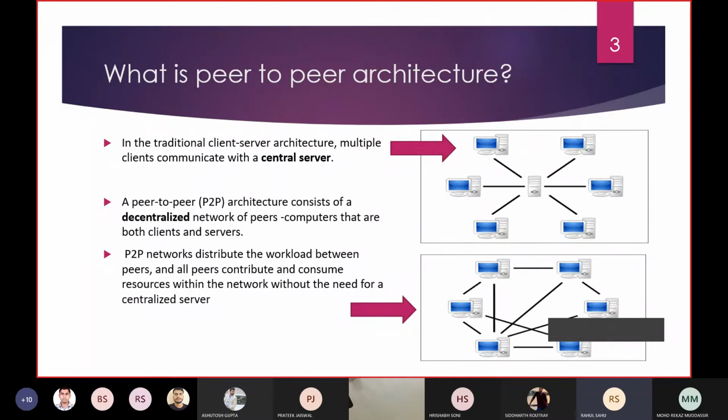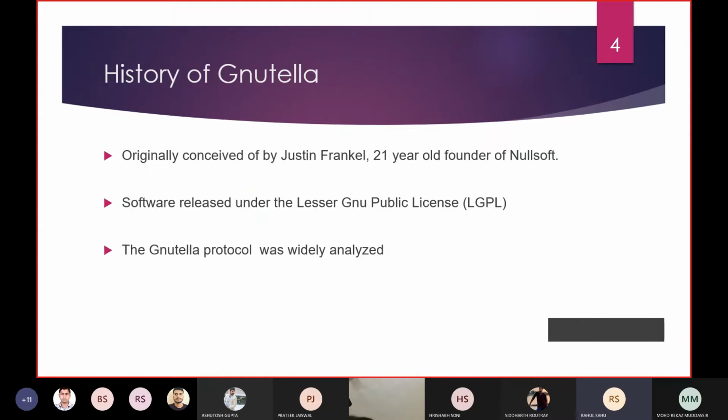The benefit is that there is no workload on a central server. Single server workload is not there. A peer-to-peer network distributes the workload between the peers, and all peers contribute and consume resources. So Gnutella is a decentralized network and it distributes the workload among the different peers.